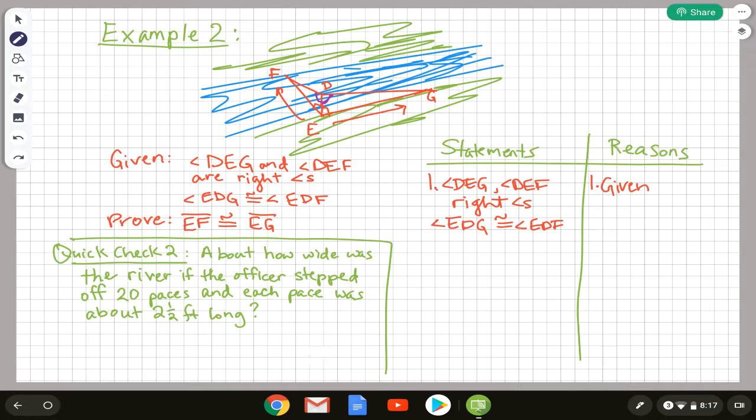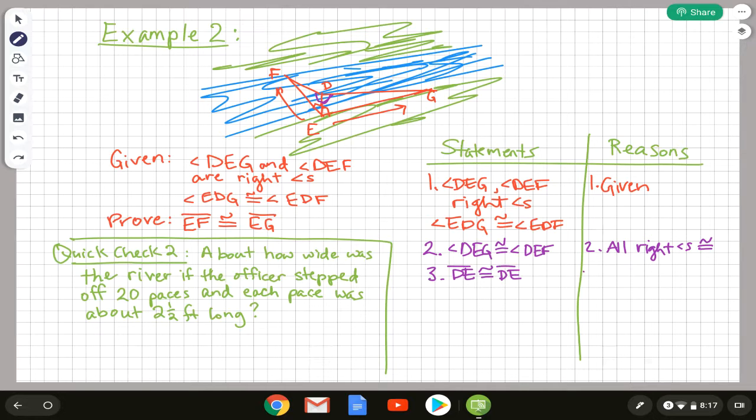So first of all, though, remember that we can't take for granted that people know right angles are congruent. We need to write that step out. So I need to say angle DEG is congruent to angle DEF. We have to say that these are congruent. That's part of our proof. So the reason would just be that all right angles are congruent. All right, so now we have two angles that are congruent. Let's do that in side DE. So DE is congruent to itself